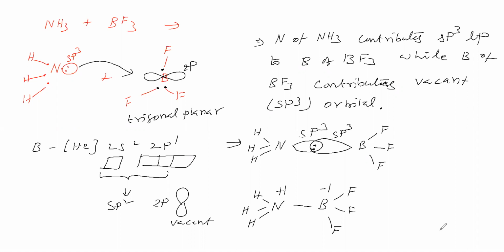Okay, we will take the next molecule. The next molecule is carbon monoxide. In carbon monoxide, a dative bond is present. How it is present, that we will see. First we will take a carbon atom and an oxygen atom. Carbon's valence shell has 4 electrons because it comes under the 4th group. Oxygen's valence shell has 6 electrons. That 6 electrons we will write like this. So how the bonding is possible, that we will see.